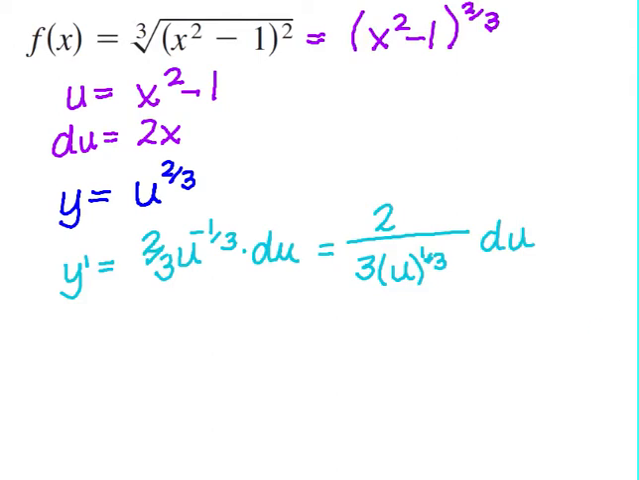So now let's go ahead and plug in what we know. We know we've got the 2. We know we've got the 3. I've got x squared minus 1 to the 1/3, and then I've got to take that times du. So du is 2x. So your final answer will be,